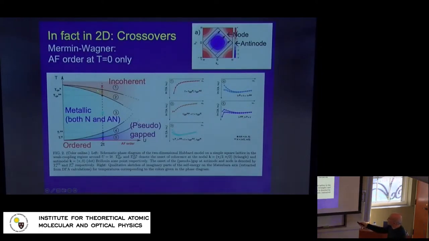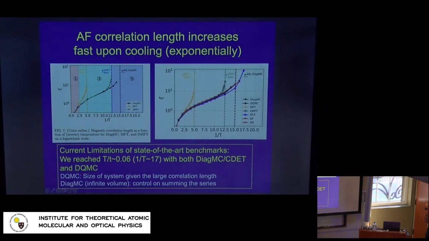In reality, this is a crossover, and there is a subtlety here: the crossover from incoherent to metallic takes place in a different manner at the nodes and the antinodes. There is a Van Hove singularity at the antinode, which actually lowers this coherence scale, and the opening of what will eventually become a gap in this half-filled case at zero temperature also happens at slightly different temperatures, so that defines basically 5 different regions. And you can map out all these crossovers by measuring various things in these finite temperature methods.